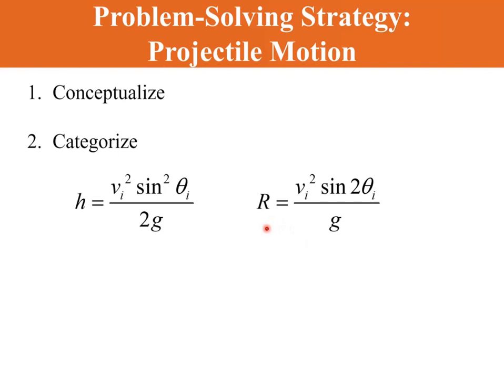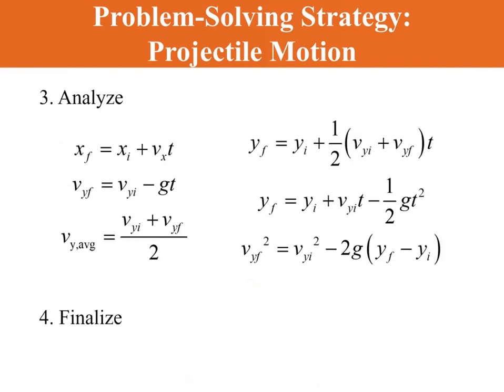If the question is asking for these two, then use the proper equations. Or if the question is asking for a different component, then you have to use the equations